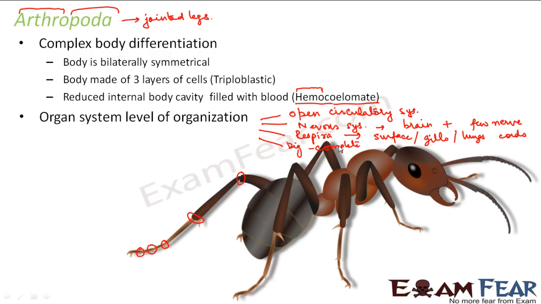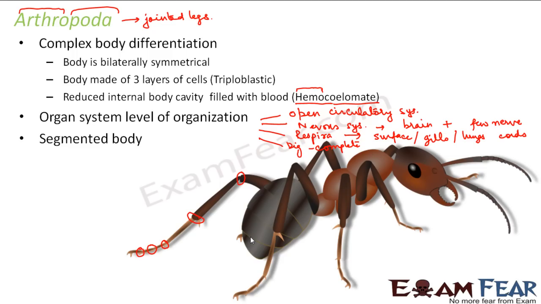Right? Okay. Now, here the body is covered with exoskeleton which is made up of chitin. If you look at the body of these kind of organisms, they are covered with a skeleton for their protection, and that skeleton is made up of chitin. We have used this word chitin before also because in case of fungi, the cell wall is made up of chitin. So what is chitin? It is nothing but a polymer of a derivative of glucose.